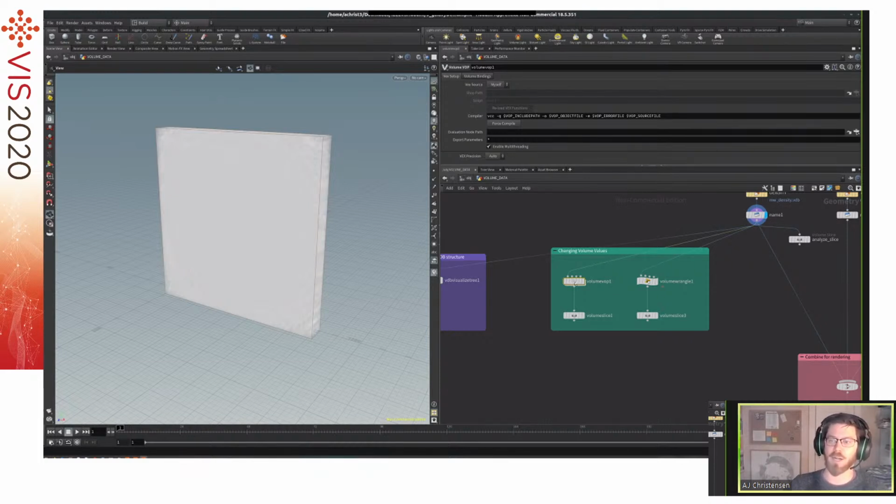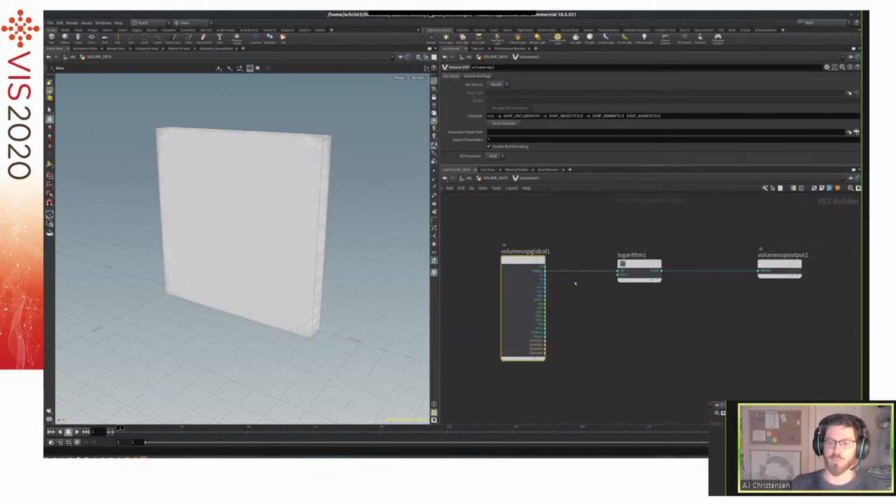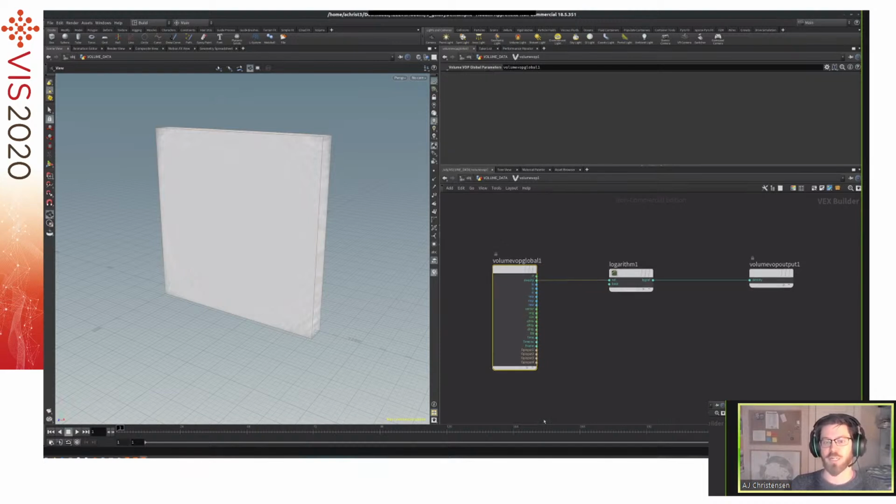But now this is a volume VOP, so it's pretty similar. The pre-existing nodes that you get with the volume VOP look similar. The global inputs are very similar. The output is only a density field, because most volumes, I guess, are just thought of in terms of a collected amount of